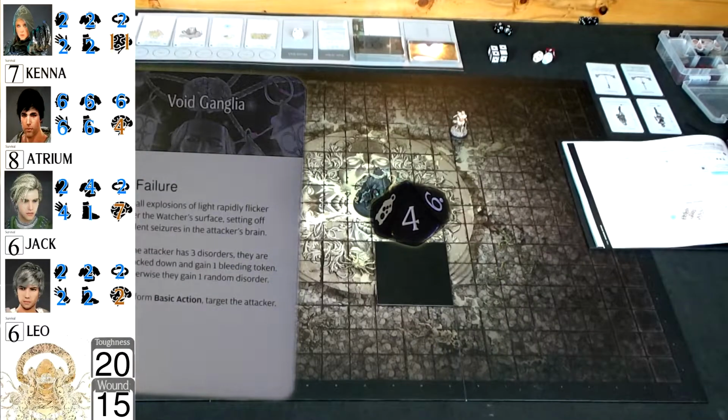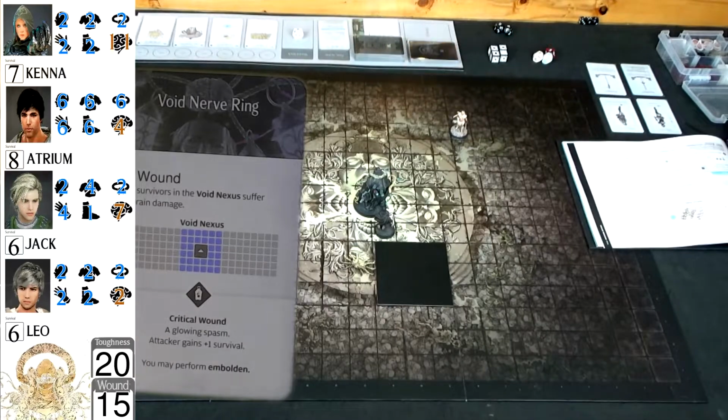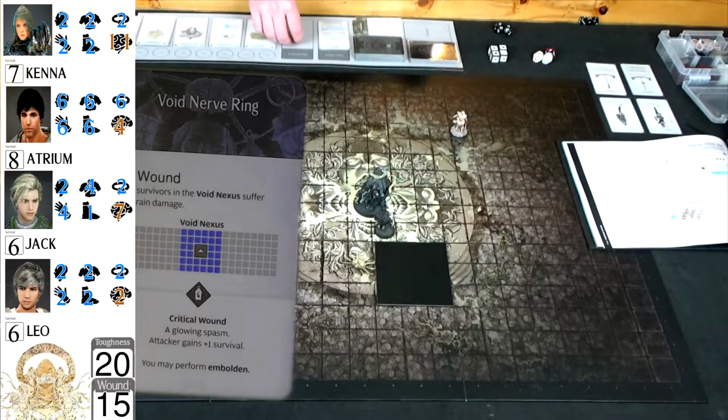Okay, so 4. That's not a 1. Small explosion. Oh, this is on a failure, so nothing even happens here. So this is another 3 damage, which brings the Watcher down to 9. Okay, now we have Void Nerve Ring, which would...